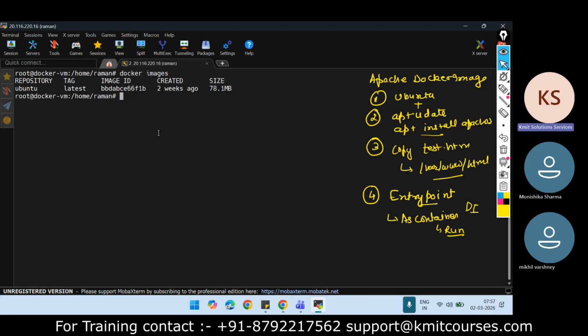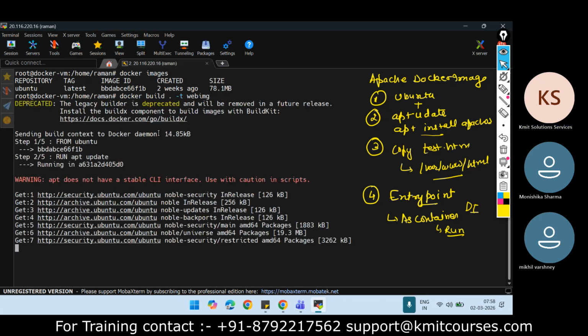So we will create the web image by using this Dockerfile. So what I'll say, docker build dot minus t is the tag. Tag means the image with some tag. By default, if you don't mention the tag, the image will be created with the latest tag. So I'll say web image. Okay. So now it is